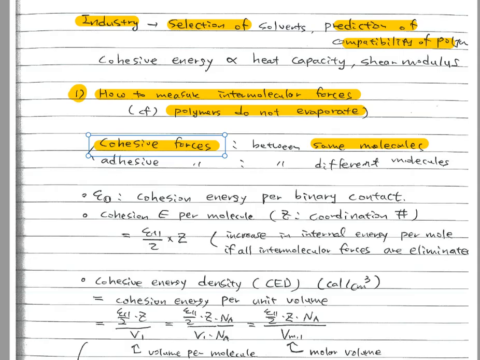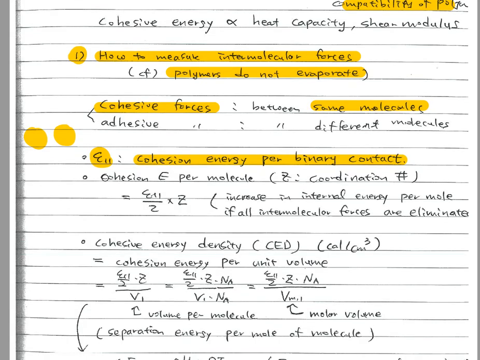So let's denote epsilon 11 as cohesion energy per binary contact. So if there are two molecules, the intermolecular interaction between these two molecules is basically the cohesion energy per binary contact, E11. Okay. Then cohesion energy per molecule for a single molecule would be E11 over 2, because